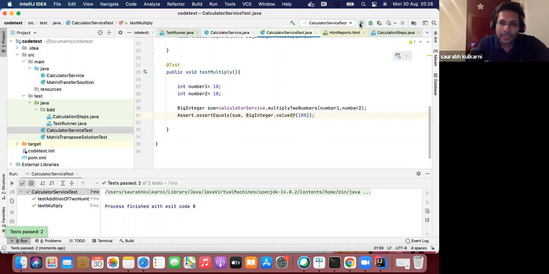Now, the drawback of test-driven development is that the requirement is there in the user story, but there are no clear guidelines as to what different scenarios we need to test. Do we need to add two different fraction numbers? Do we need to multiply even numbers? Do we need to add only odd numbers? Are there any specific requirements from the business side? No, this is all not very clear.